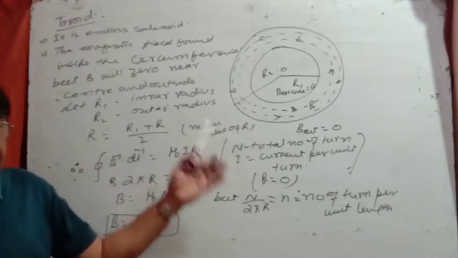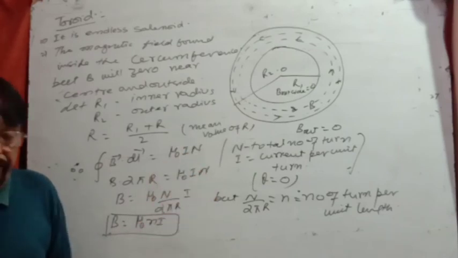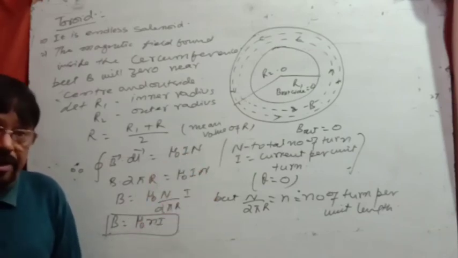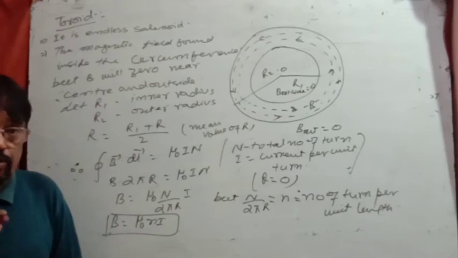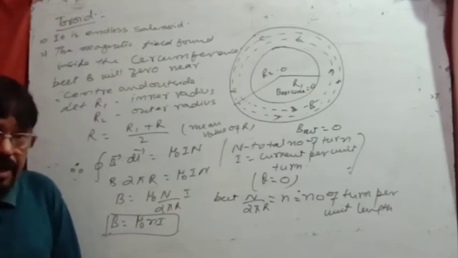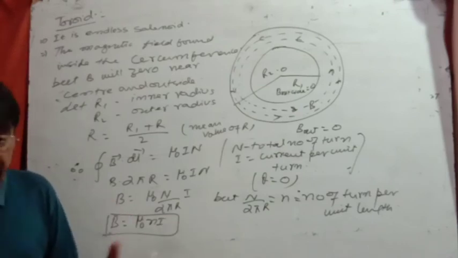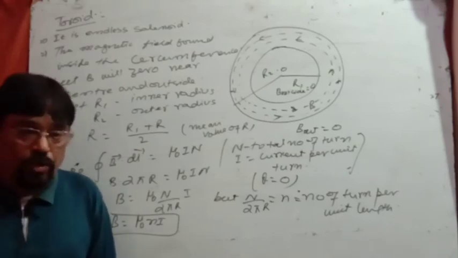In the same way, Ampere's law is taken for the closed loop, and B dot dl is equal to mu naught I, the total current enclosed by that loop. उसके बाहर कुछ भी करंट है उससे अपने को मतलब नहीं हुआ है। तो ये पूरा वीडियो हमारा एम्पियर्स लॉ पे था। नेक्स्ट वीडियो जो बहुत ही इंपॉर्टेंट होगा वो वीडियो आएगा मैग्नेटिक फोर्स पे, और उसमें काफ़ी चीज़ें हैं जो इम्पॉर्टेंट हैं जो अपने को जानना होगा। ओके, थैंक्स।